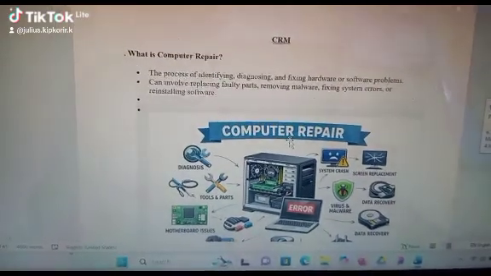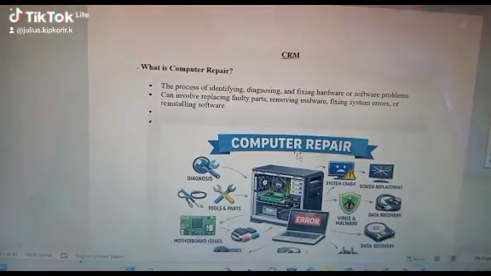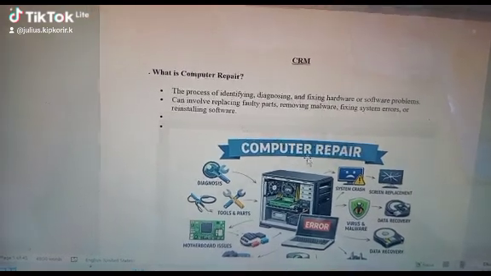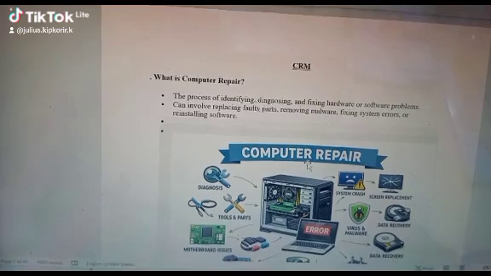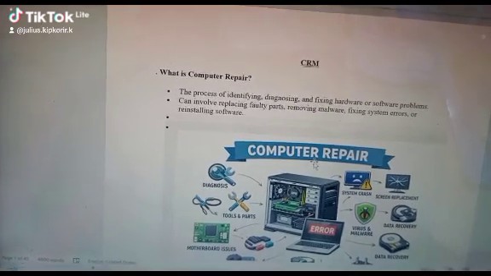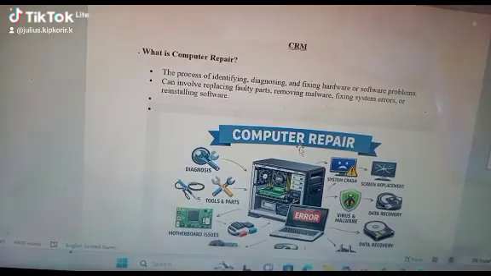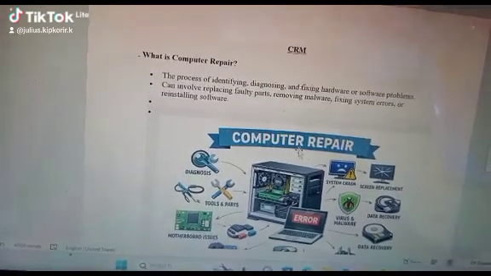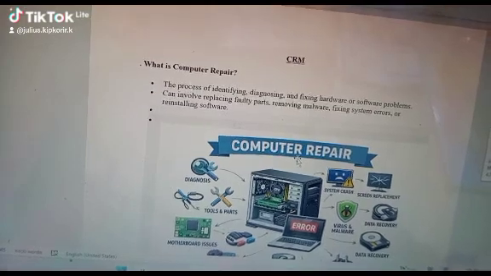We want to look at computer repair and maintenance. So what is a computer repair? First of all, before we define computer repair, we need to define what a computer is. A computer is an electronic machine that works under stored program, input, process, and